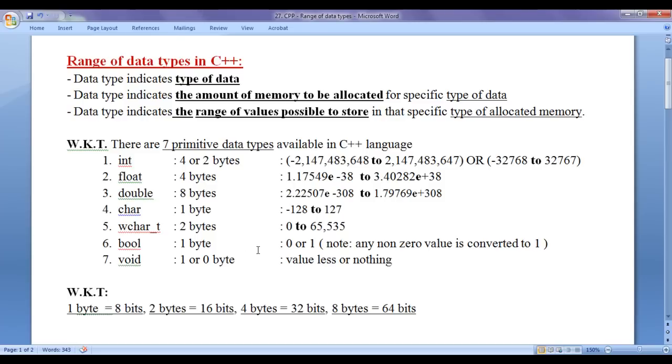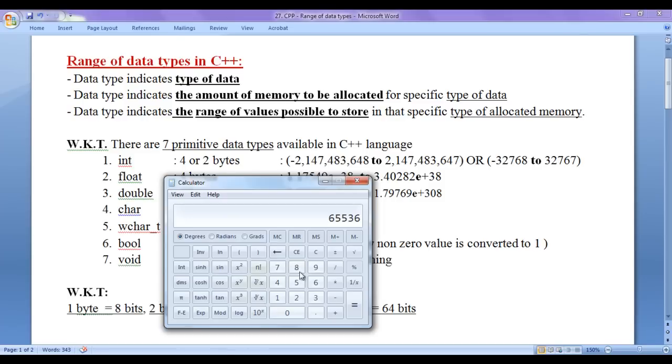Let me explain. 4 bytes is equal to 32 bits, guys. If I say here 2 raised to the power of 32, it is going to become 4,294,967,296. That is the reason I am saying that inside 4 bytes of integer type memory, we can store